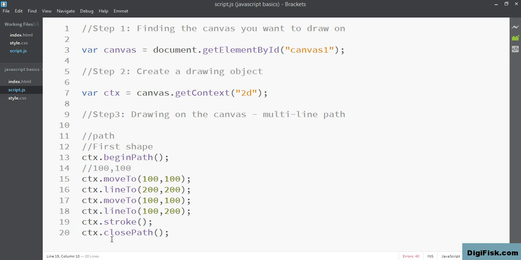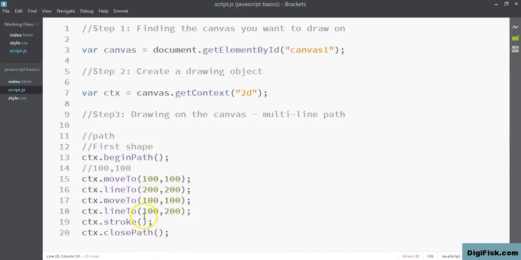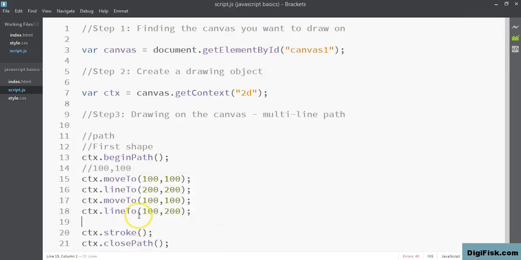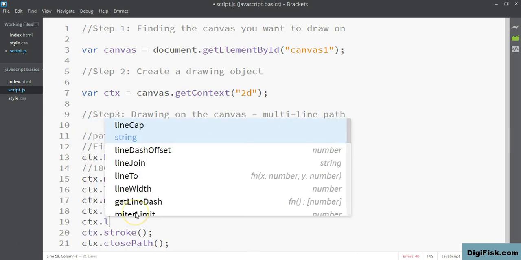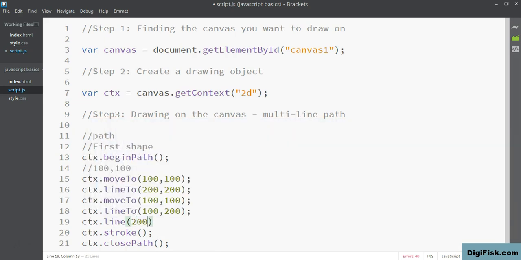Now you can actually expand on this particular path. You can expand on it and complete your shape. Maybe you could create a triangle, because it looks almost like a triangle right now. So how do you do that? Right now our pointer is at 100, 100. So we have to just create a line from 100, 100 to 200, 100. So ask another line to go to 200, 200. You don't have to create another move to because it is already at a point where we want it to be. So we can directly create